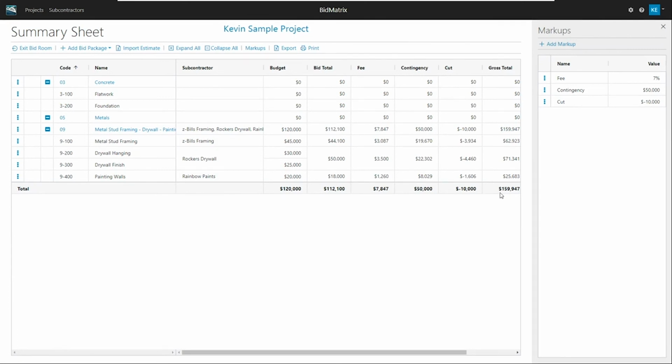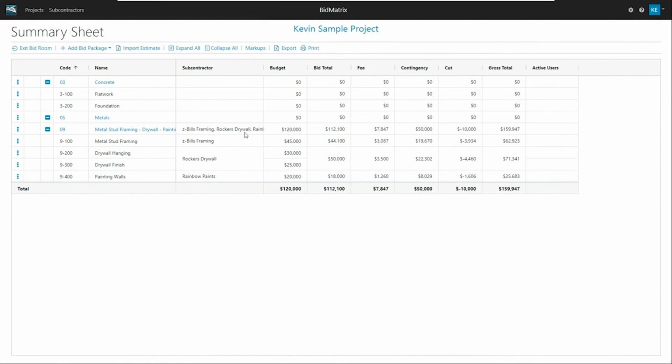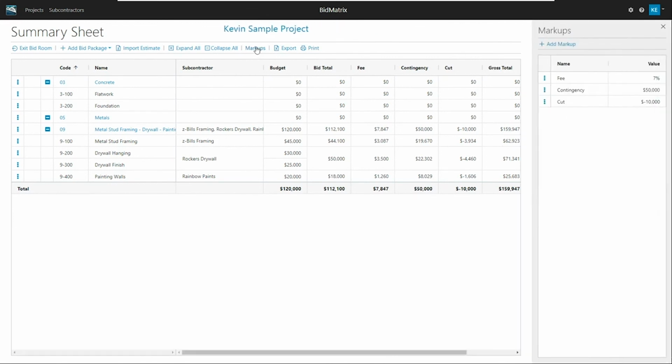So that's pretty much what the summary page and the markups look like, just a way of getting those final numbers around what I could put on a bid request and so forth. And then there's a little X up here that'll close out that window pane. So you can open and close it depending on if you want to see what those percentages were, or if I want to come back and maybe adjust one and have it update my values and so forth.